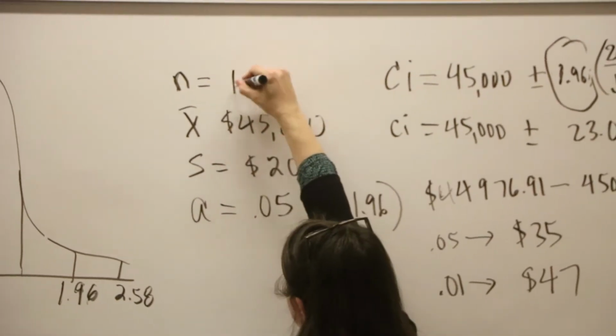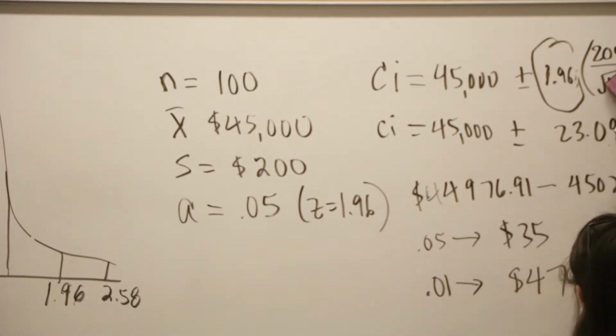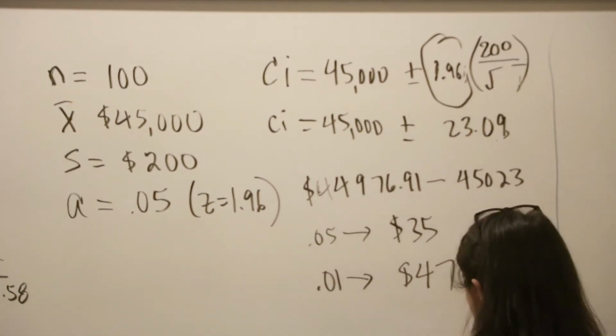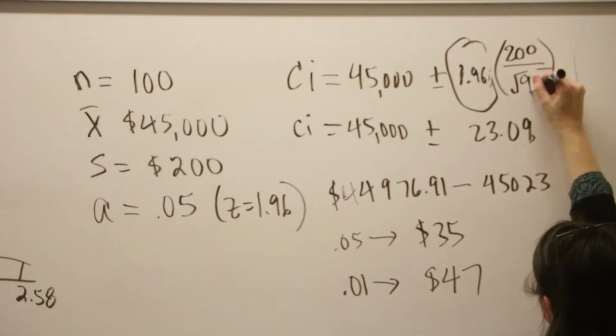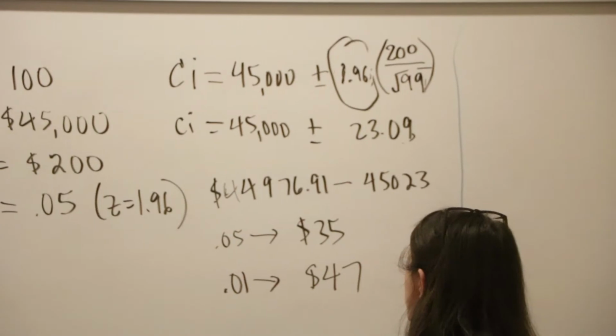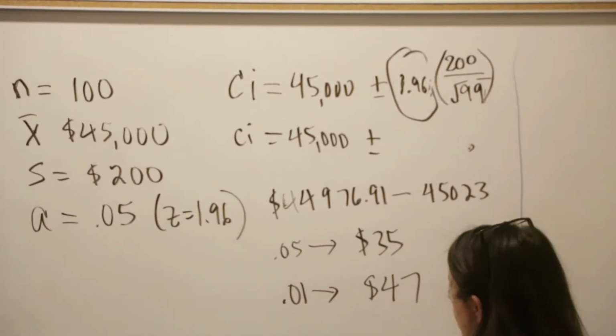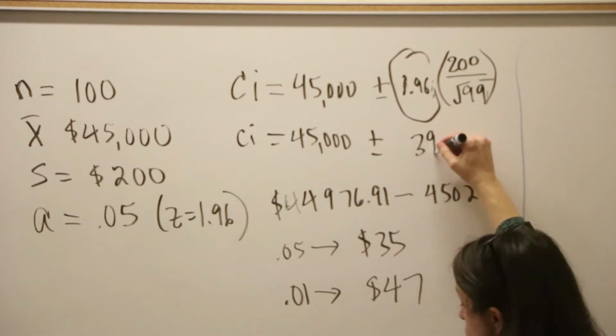What happens then? So now we have the square root of 99 instead of 499. What happens when we go from 500 people in our sample to 100 people? What we see is that this number is actually even wider now,